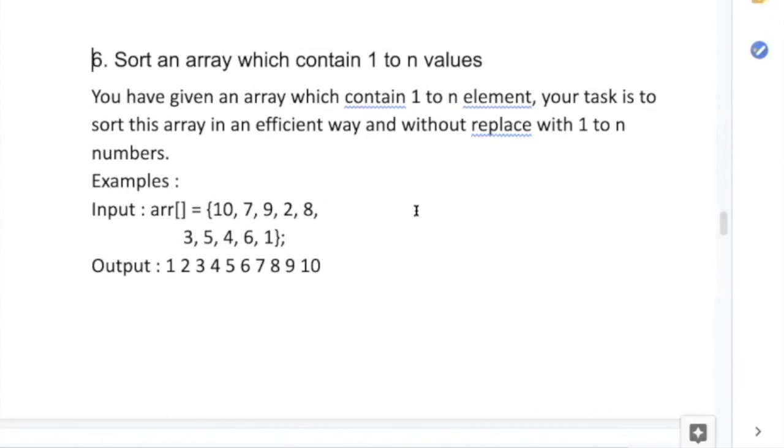So what you can do is you can just write a loop in which array[i] is equal to i plus 1. This if you do, then we'll create a sorted array. Array of i equal to i plus 1. That's all. Because the index i is 0 and the element at the 0th position should be 1. So you just write a loop in which array of i is equal to i plus 1. So this will sort an array containing 1 to n values. Make sense? It's a very simple statement. Yeah, fine.